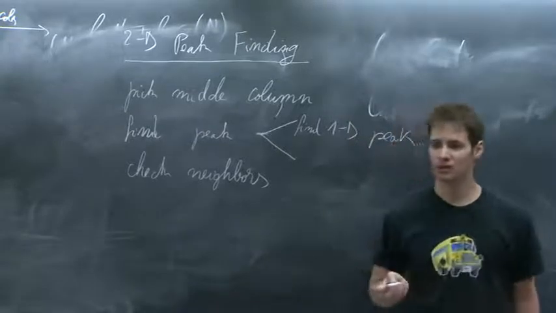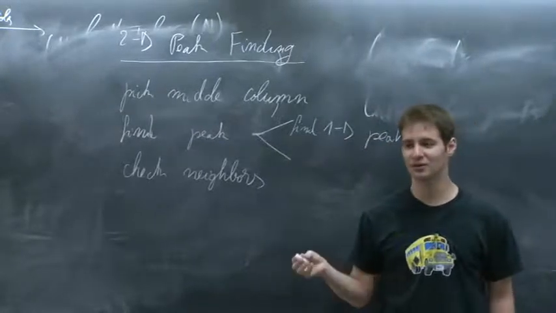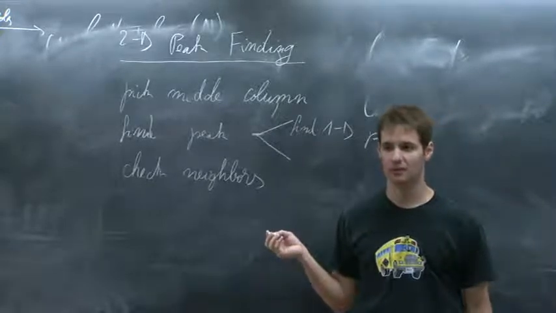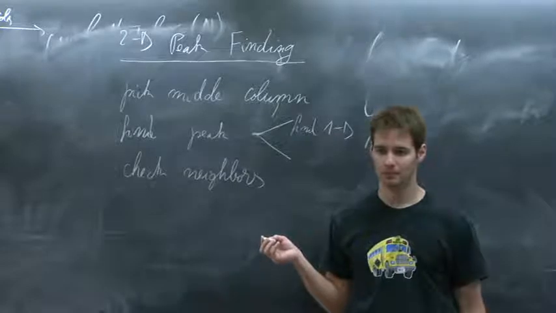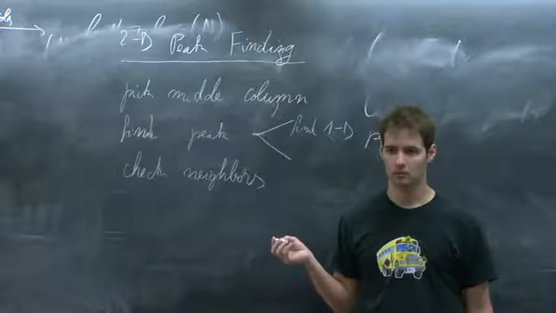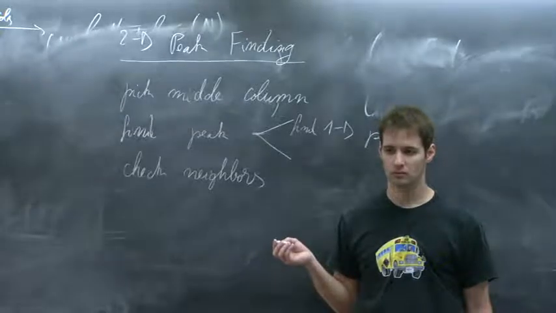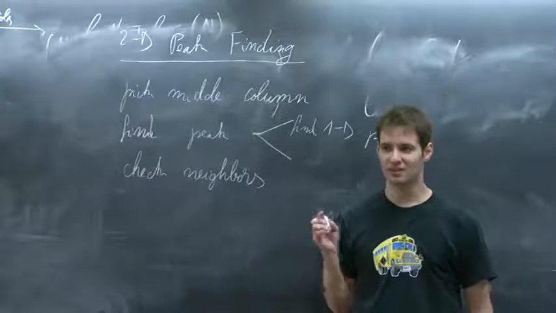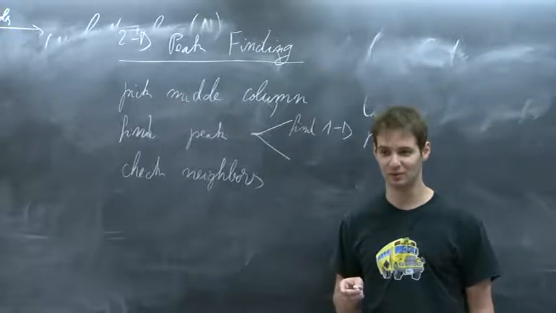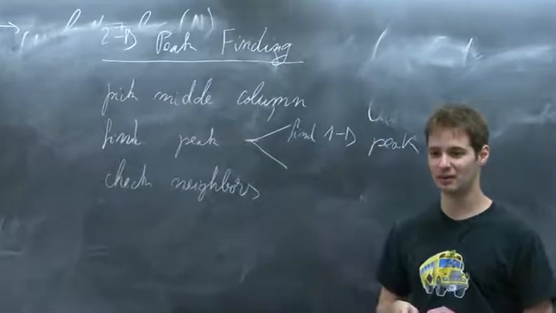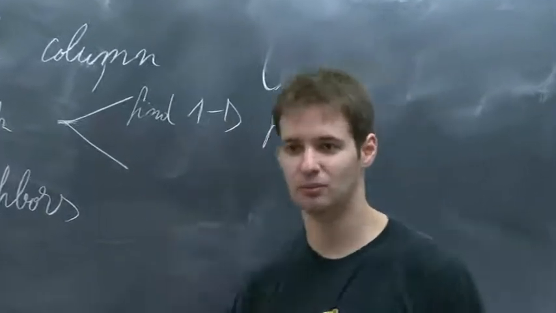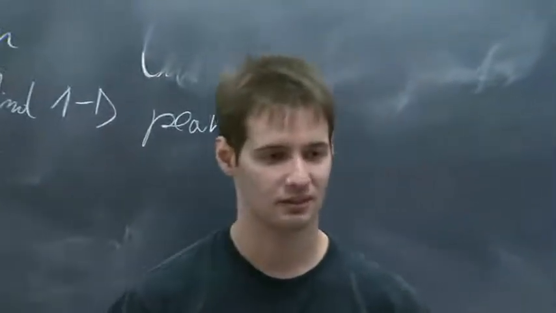But what's the one that we had in lecture? I don't want to give you guys the answer yet. So what did we say we're going to do in lecture? Yes? I think we just picked a spot, checked the neighbors, and kept walking uphill, if that makes sense. Every time we found a neighbor that was bigger, we moved to that spot, checked its neighbors. So this is the first algorithm that's slow. It works. You're going to get the correct answer. But it's slow because if you have some handily crafted matrix, you can go like this, and you're basically going through the whole matrix.